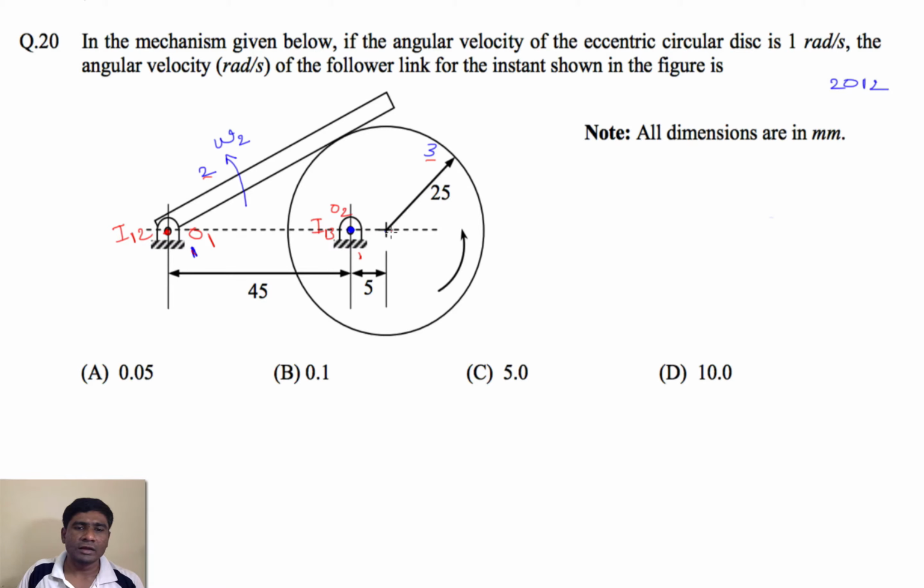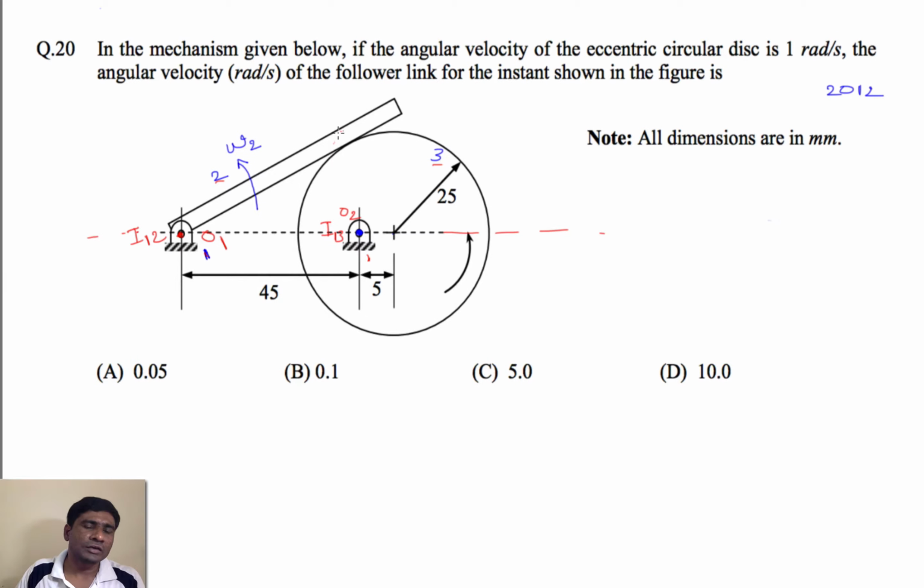So it should lie on this line joining this line. So we don't know where this line is. But link 2 is a follower. This is rotating as well as sliding on link 3. So if I take it as a sliding one, this should be perpendicular to this link 3, and at this instant